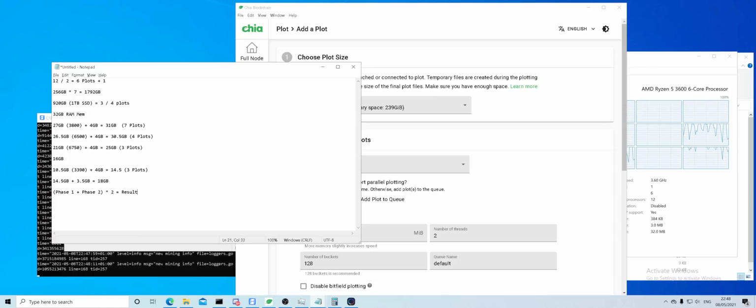Equals result, which is all 4 phases. That's just the estimate. And the estimate divided by the number of plots will give you the delay. Okay,